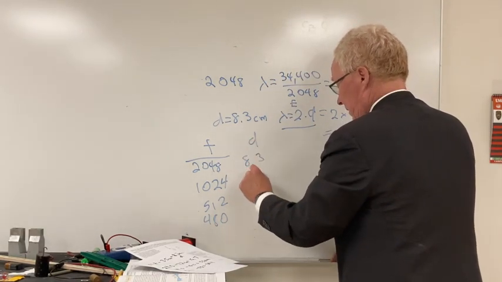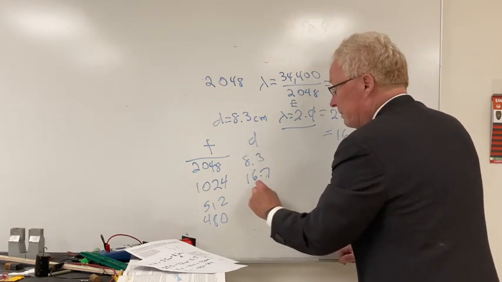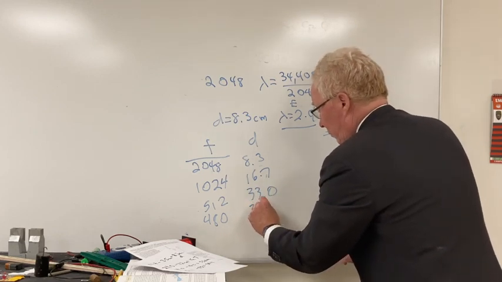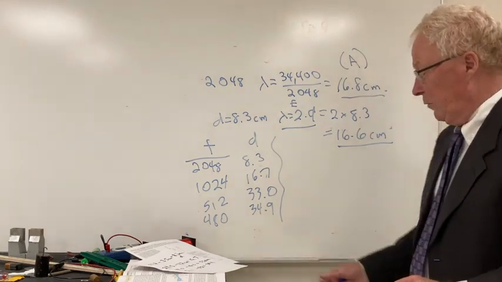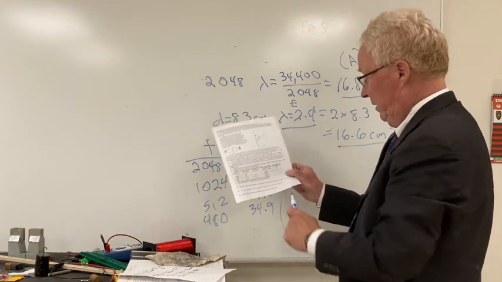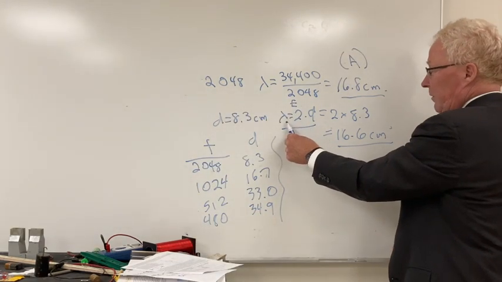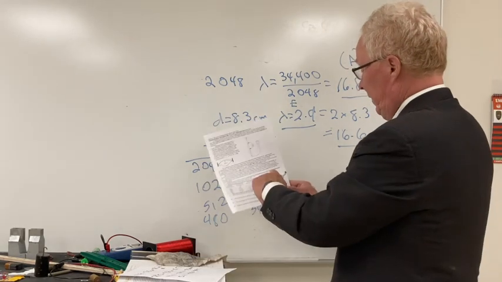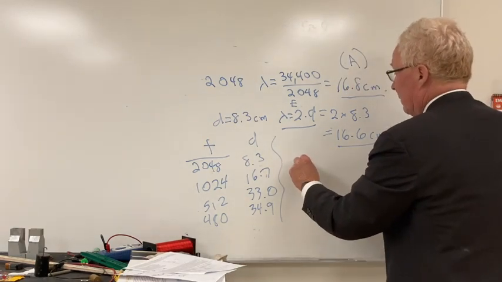This is the measured D. 16.7, 33.0, and 34.9. All right. So that is what we have for the measured value for column 3 here. Calculated value will be 2 times that for the calculated wavelength, and that's what goes in column 4, the experimental one. Now the percent error,